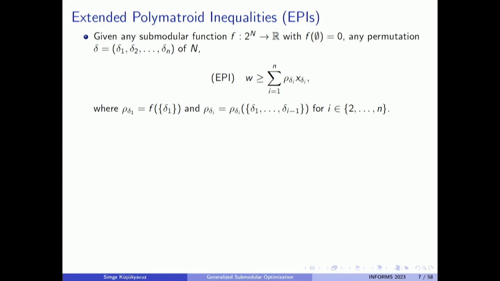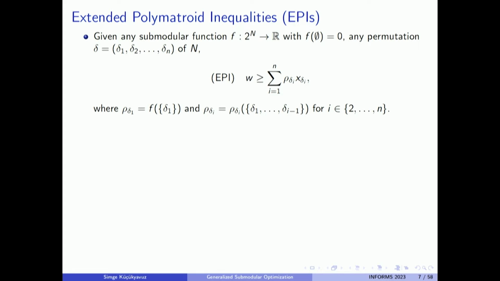You determine a permutation, delta 1 through delta n, and you look at nested subsets of this permutation. So start with the empty set, then we have rho 1, then we have rho 1 and rho 2, rho 1, rho 2, rho 3, etc. So these nested subsets. And the coefficients that we have for the linear inequality, the pi's that I show you, are nothing but rho of delta I,